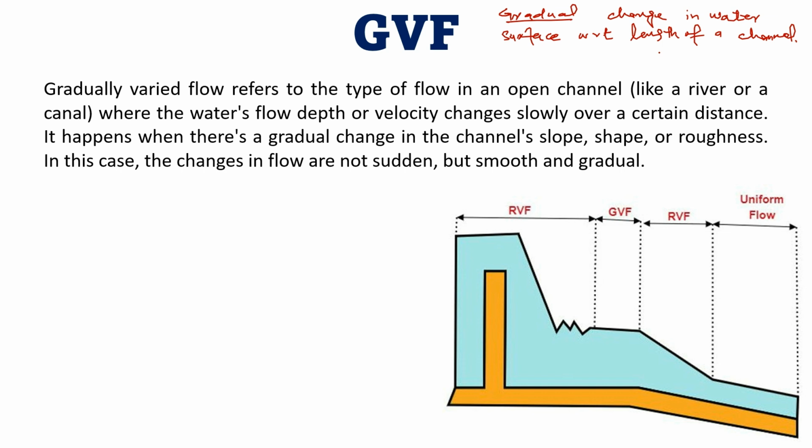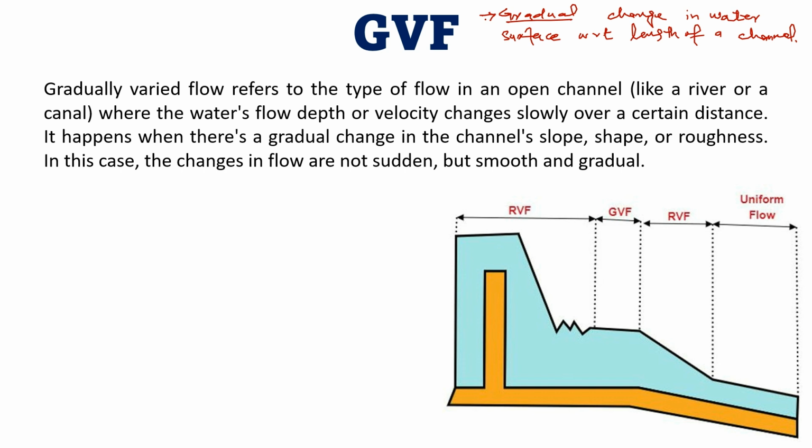What may be the cause of this change? There may be certain changes. That may be a change in slope, a change in the channel roughness, a change in the river or canal construction, a hump, or the installation of a sluice gate. There may be any change in the shape, any changes in the bed, any changes in the flow conditions, any changes in the geometric conditions. So if the change along the length of a river or a canal is gradual